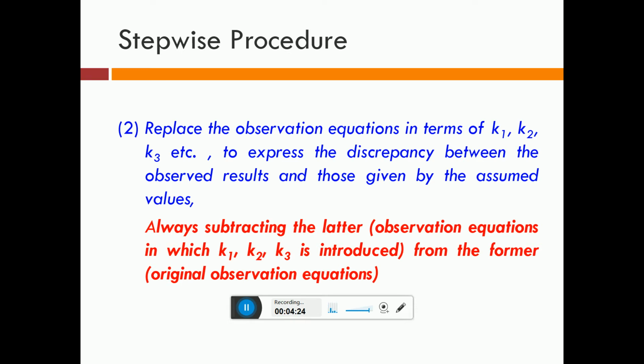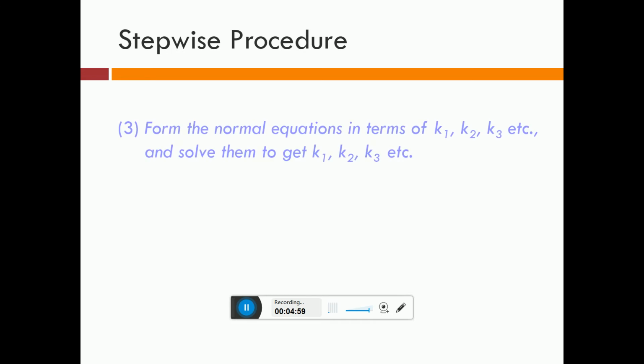Here we are getting 2 sets of equations. One set is the quantity given to you, and the second set is the one in which you have introduced K1, K2 and K3. So please remember, after forming this new equation, always subtract the latter, that means the newly formed equation in which K1, K2 is introduced, from the former. Former means the original observation equations. This is step number 2. Then